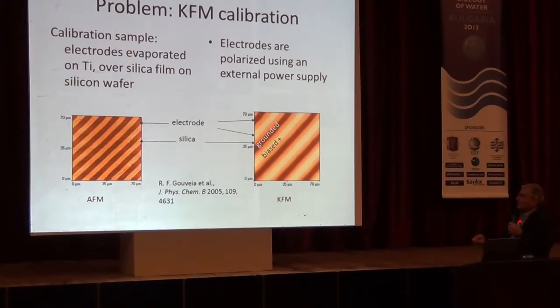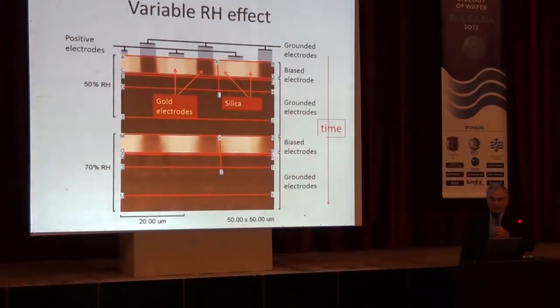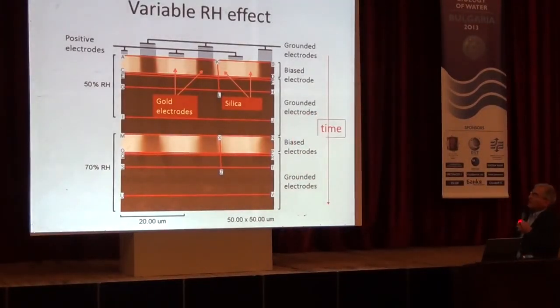When we apply positive potential to one set of stripes, they become bright, as you can see in this image, and here are the grounded, or the negative set of electrodes. And that's the insulating silica that was built on a silicon wafer. So, obtaining images, Kelvin images, with this setup, we can observe this.